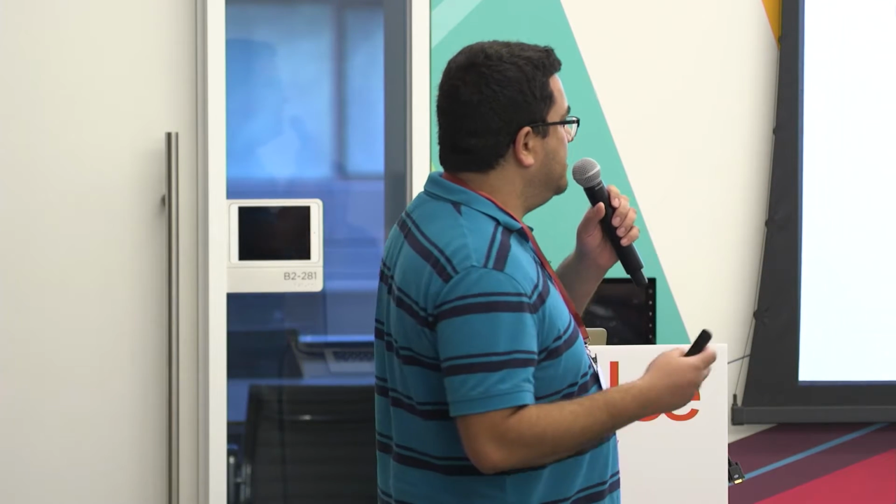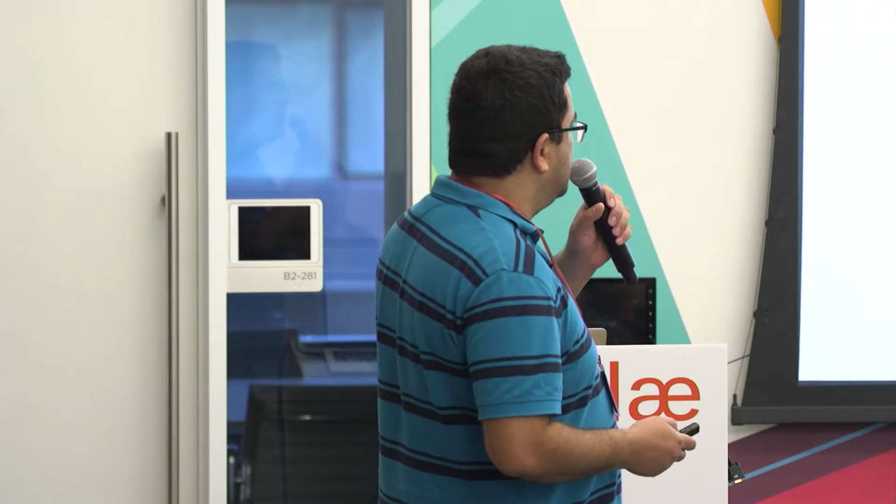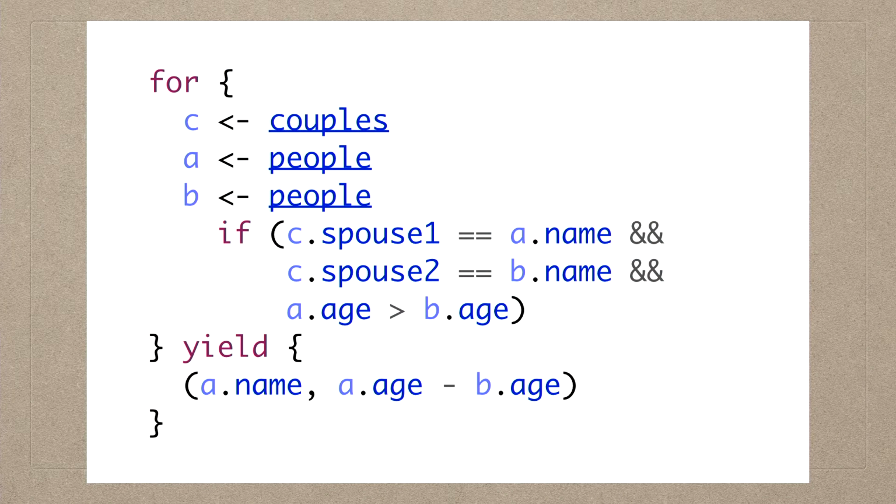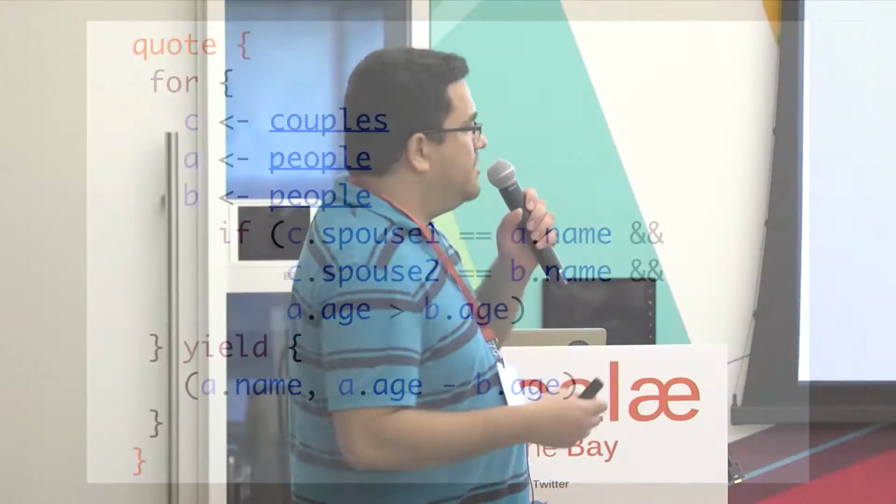The first one is quotation. So this is a way of building a DSL, the quotation approach. And instead of having this as normal Scala code that would be executed at runtime, we basically quote this block of code. So it's a method call. In this case, Quill implements this method quote as a macro. And what happens here, instead of this being code that will be actually executed at runtime,